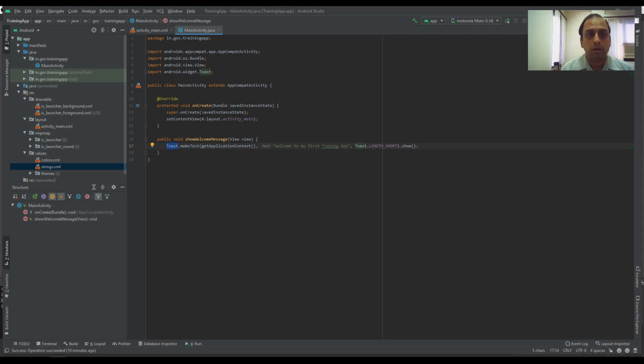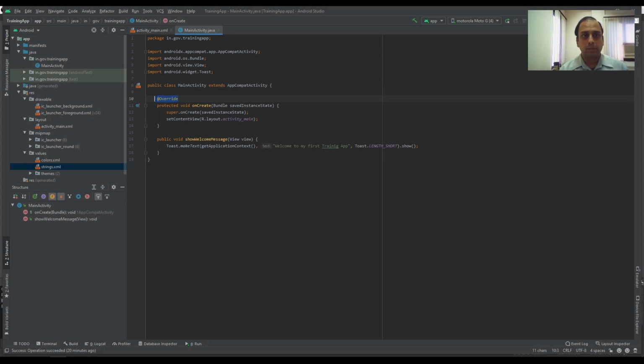So now inside this main activity, these are the import statements. After this we have public. It's a keyword. Public means it is visible to all the classes, all the activities inside the application. It's a class. The name of the class is MainActivity, and it extends AppCompatActivity. Extends means the properties of AppCompatActivity will be automatically inside MainActivity. The behavior of AppCompatActivity will be copied to the MainActivity, and in addition to that you can create some more behaviors or functions.